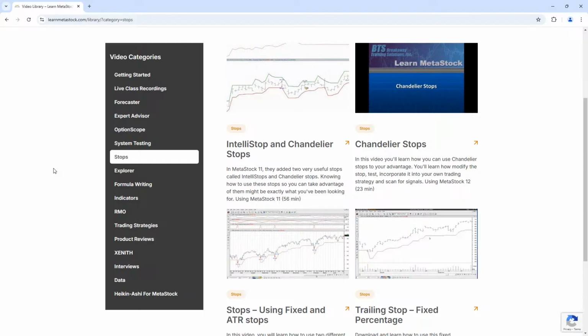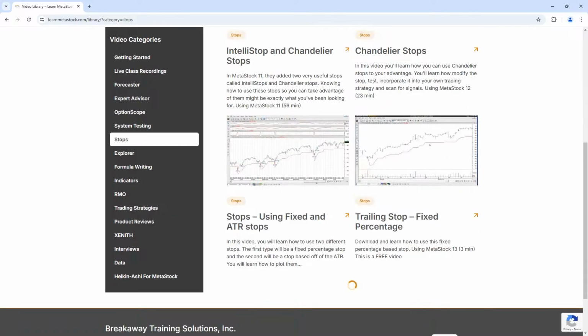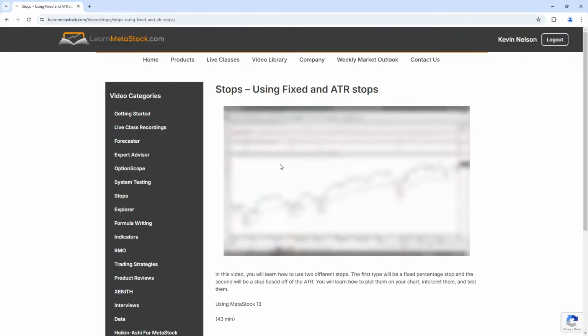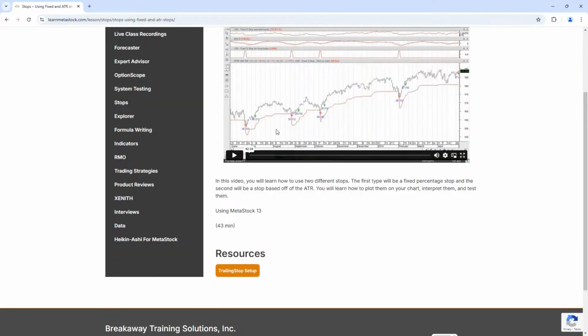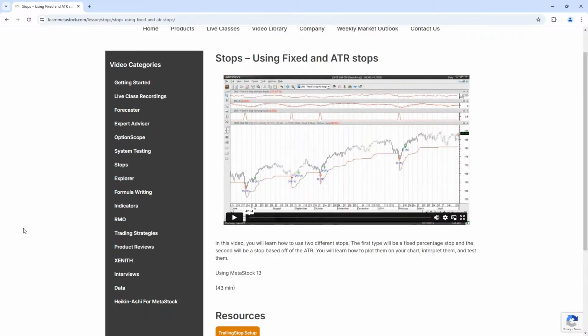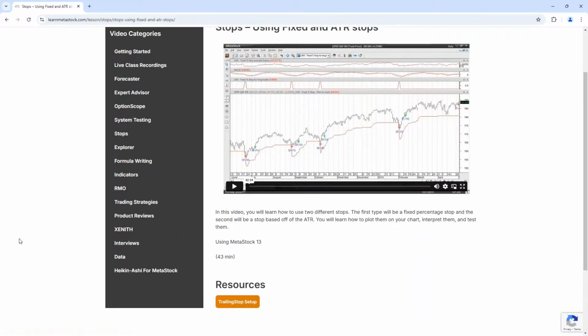Now, one thing that you'll find really, really helpful is that when we take different trading ideas like this, a lot of times we'll create formulas for these different classes. And when we create these formulas, when you click on the video itself, down here at the bottom, there's going to be a section underneath resources where you can click on a link and it'll download the formulas directly into your MetaStock program. This is going to save you a massive amount of time and effort. We've already gone through the work of creating this stuff. And just by accessing this, it's going to basically install it directly into your program.